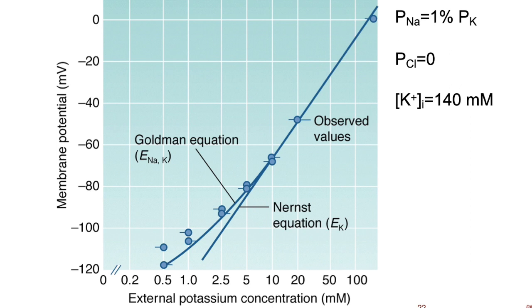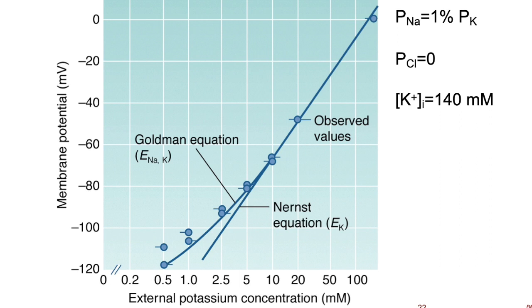So you can think we're manipulating the concentration gradient. That's going to change the Nernst potential. It's going to change that component of the resting potential. And we can see here, as that external potassium concentration goes up, then we get a resting potential, or a potential at that concentration. It is sort of a resting potential, but at a different concentration, that falls very nicely along the Nernst equation